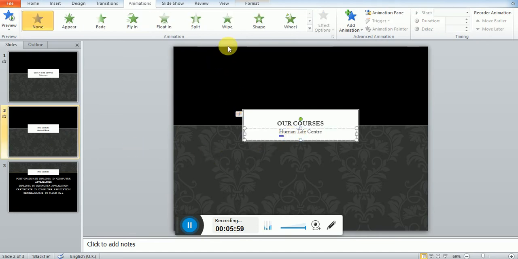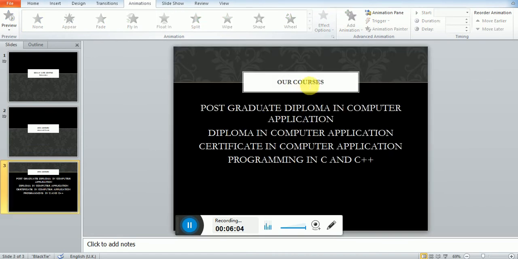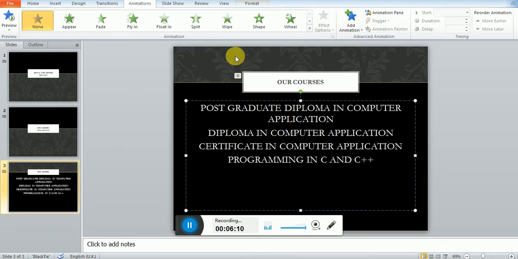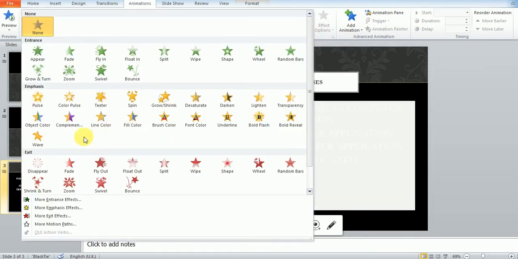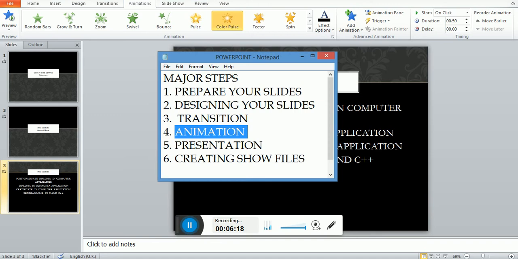Then plot in this one, zoom for this. I am attaching color pulse. Okay, so animation is attached.